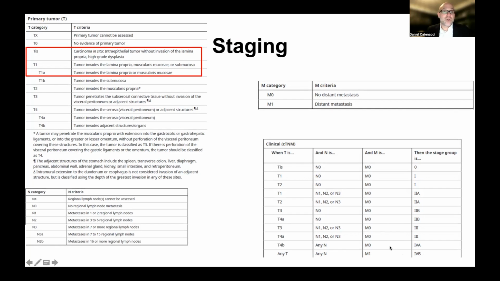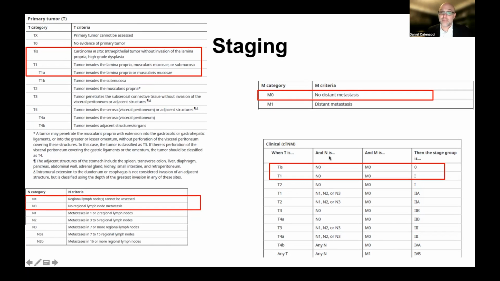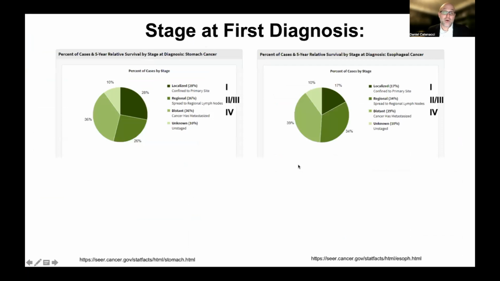So we're going to be focusing on what an interventional gastroenterologist would be doing with an endoscopic mucosal resection, and that is reserved for very superficial lesions that have not invaded very deep down, that there's no evidence of clinical lymph node involvement, and that there's no evidence of metastatic disease on CT scans and PET scans. And so we're talking about the most superficial tumors that can arise. Now, unfortunately, this situation is not that